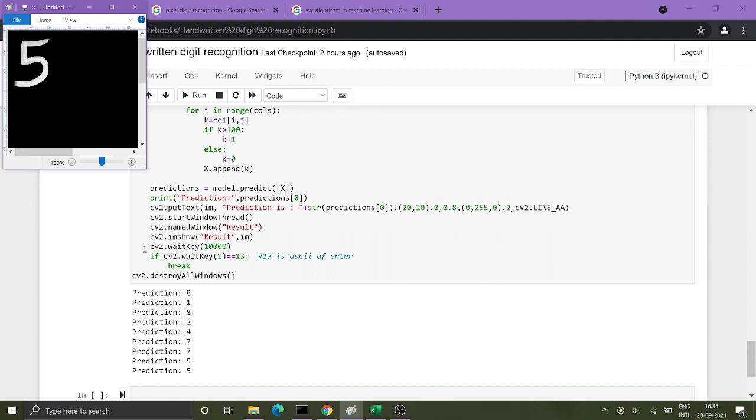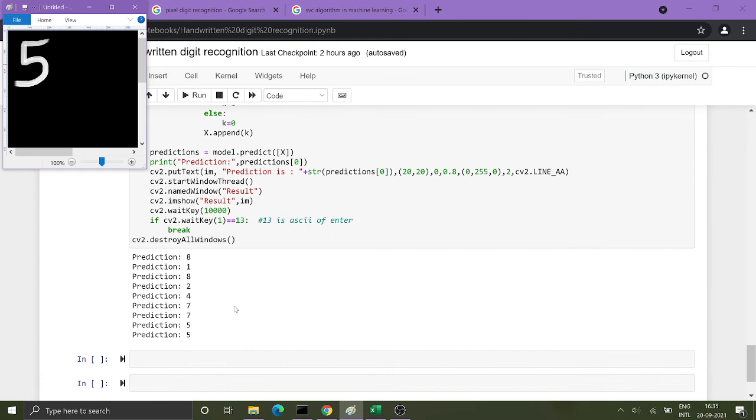Then waitKey is 10,000, so after every interval, for every image, it will take the screenshot, do this whole process and do the prediction. Again if I write, it will predict again, and it goes on predicting until I press the enter key.